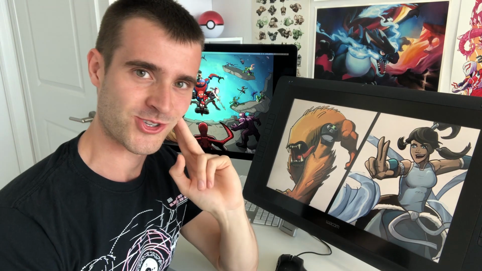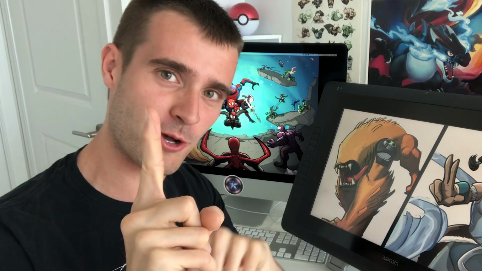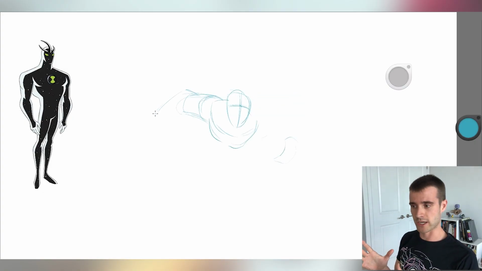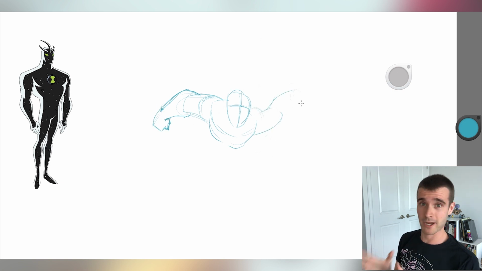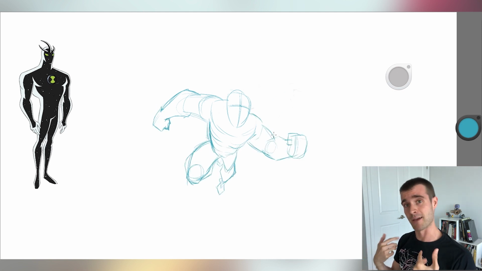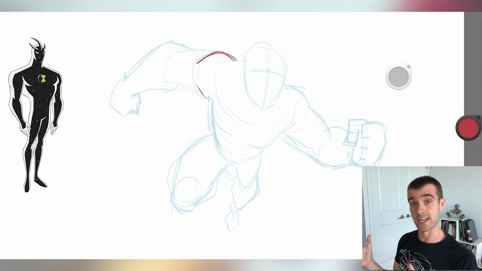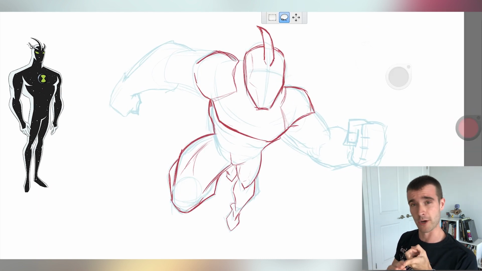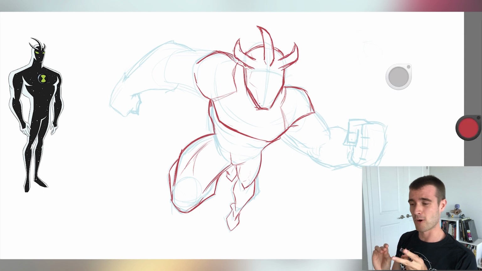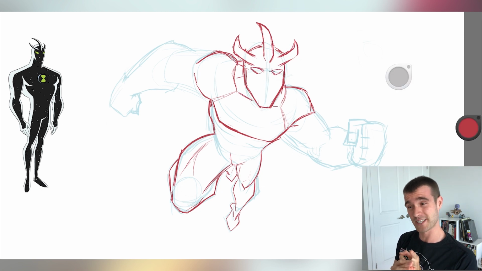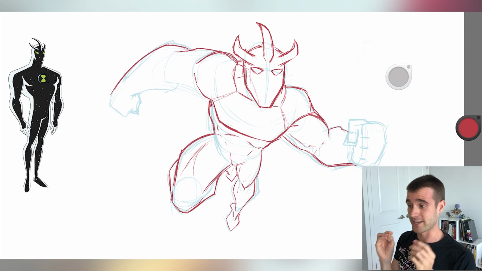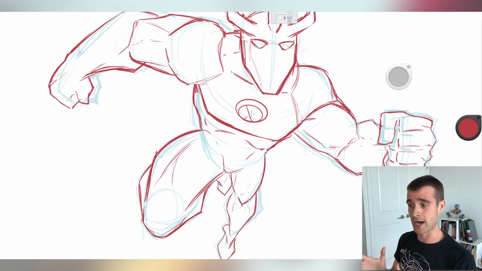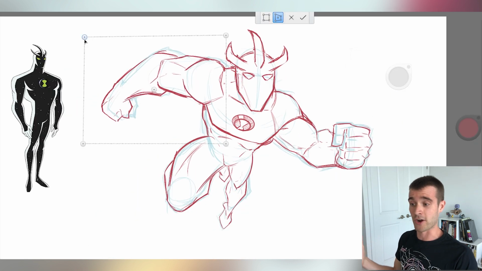Man, these are some fun characters to draw. Okay, we'll do one more solo character and then we'll get into the fight. Now, Alien X, admittedly, I'm drawing specifically because he was requested by a bunch of people, not because he's a character I'm super familiar with. I mean, he sounds like he's really cool, but as I mentioned in the Ben 10 episode, I've only watched all the way through the original series, and then I've watched a bit of the follow-up series, and I don't think I've ever actually seen an episode where Alien X showed up,